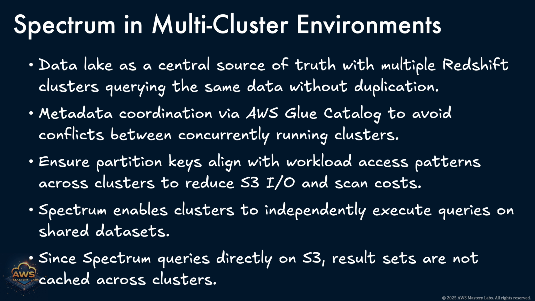This is a critical optimization for large-scale, concurrent workloads. Because Spectrum queries data directly in S3, result sets are not cached across clusters. While this ensures real-time data access, it also means you must optimize queries to avoid redundant S3 reads. Spectrum's architecture allows each cluster to independently execute queries on shared datasets, supporting workload isolation and horizontal scaling. These architectural patterns enable organizations to achieve scalable, secure, and cost-effective analytics across a unified data lake, empowering teams to